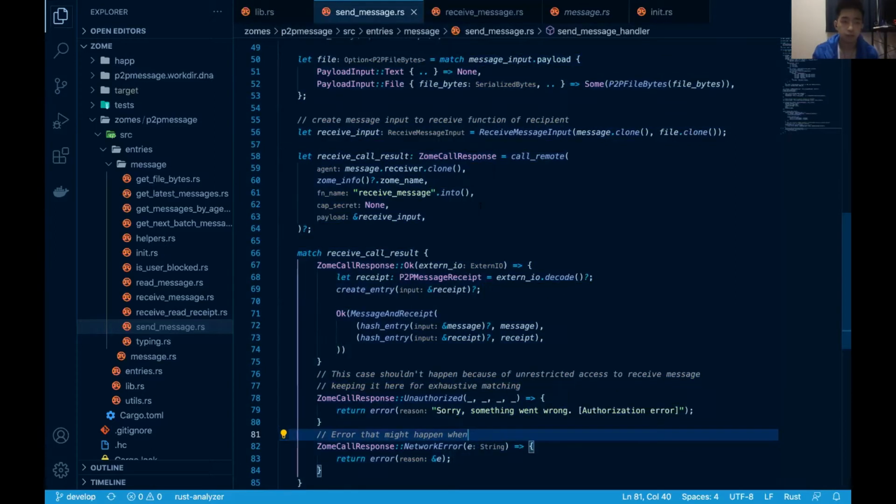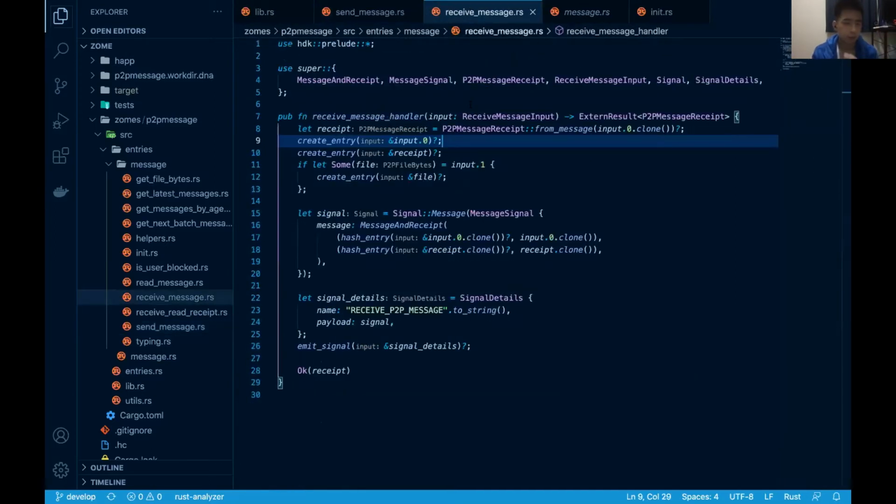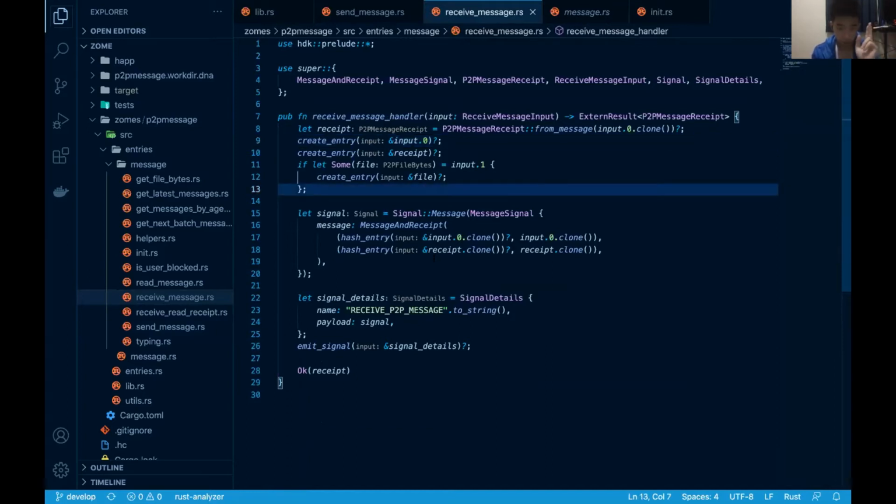Yes. And then I also already explained receive message here. Oh, and in receive message, we are emitting a signal here. So after we store the entry, we are telling